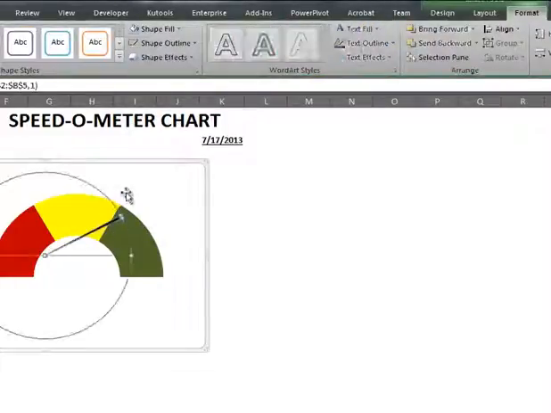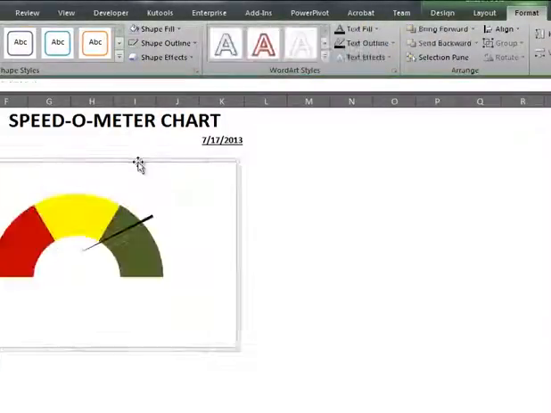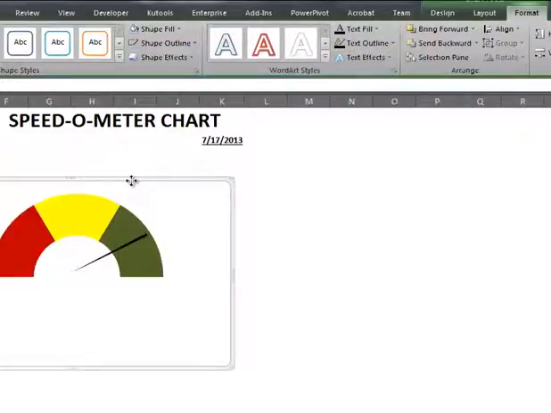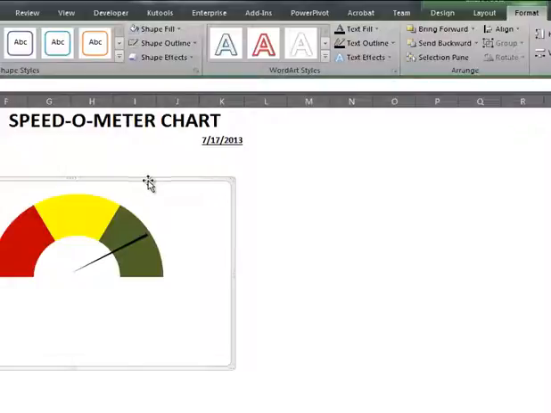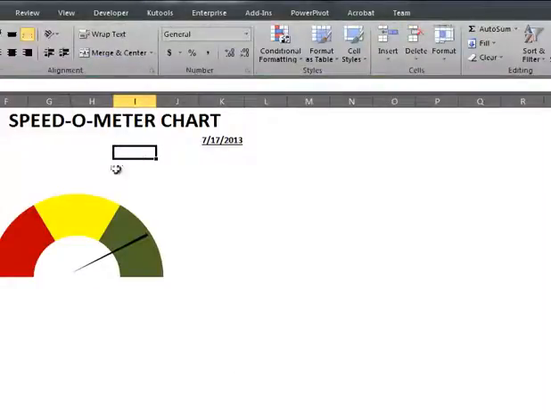Okay, now we have a pie chart right here, and just set the position of this pie chart so that it looks like a needle in this donut chart. That's it.